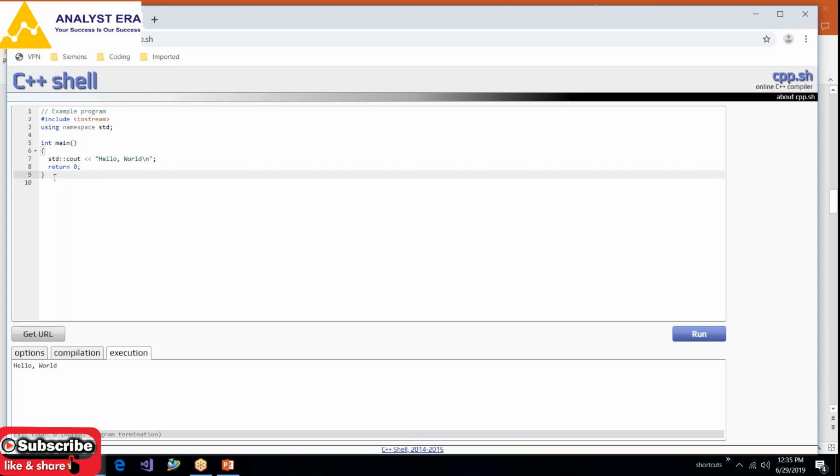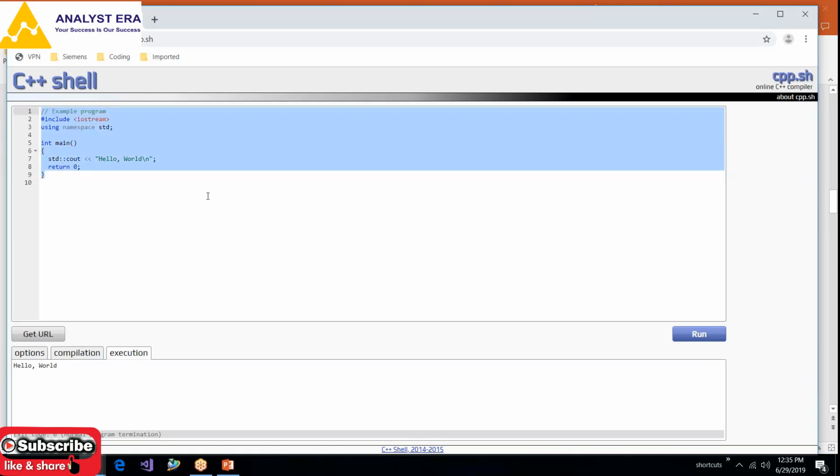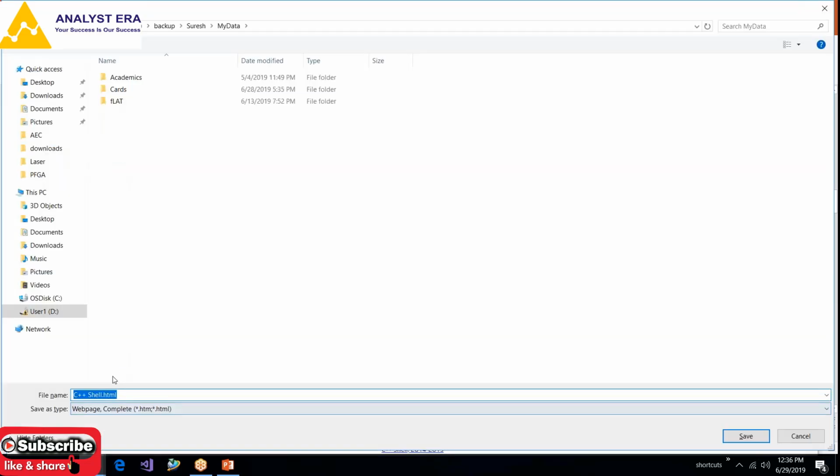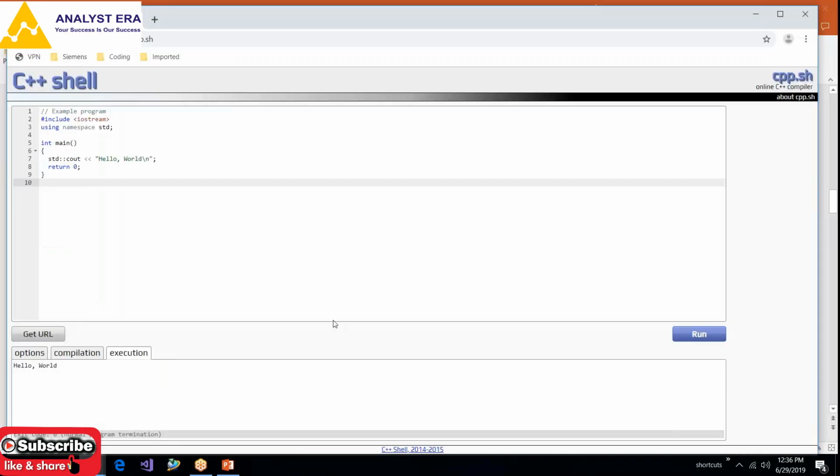So you can use this platform for testing your program, to check whether it is working fine or not. If you don't have any, I will tell you how to install Visual Studio, which is the compiler provided by Microsoft, widely used in the industries. But for basic programs, here you can simply test it, and you can also save these programs as a file in your backup folder or somewhere.